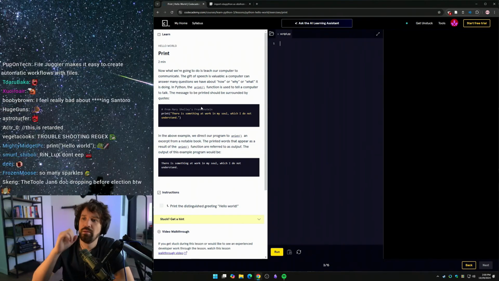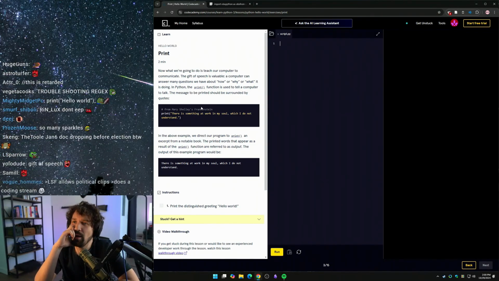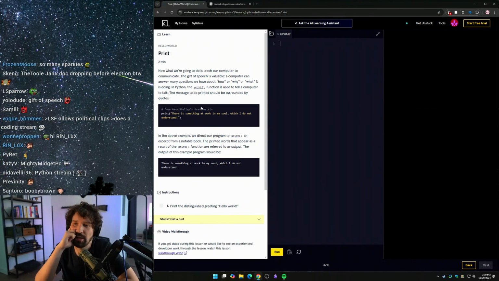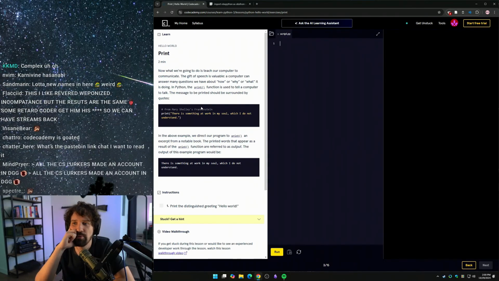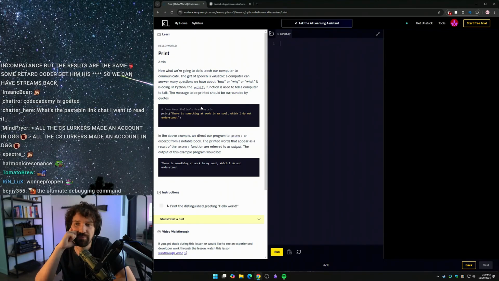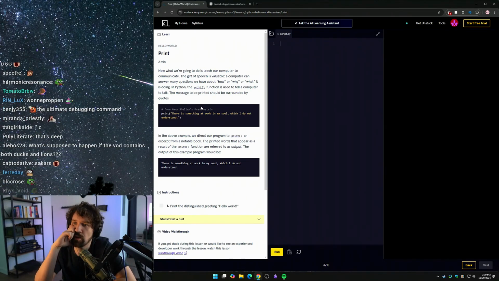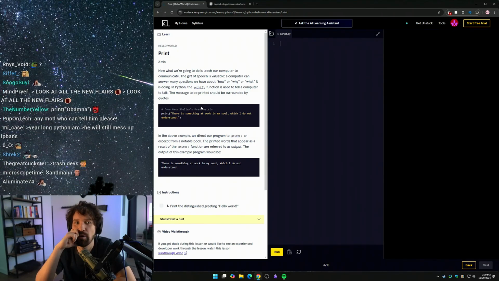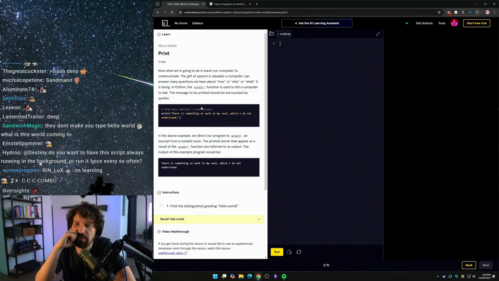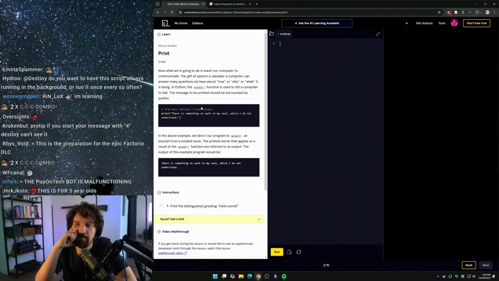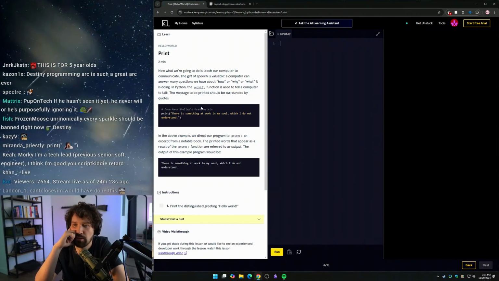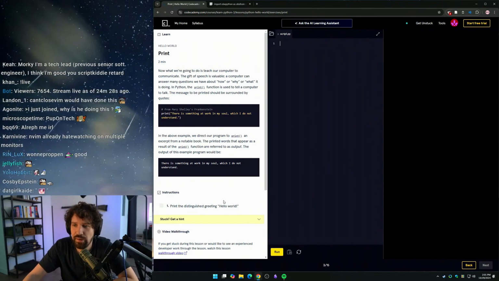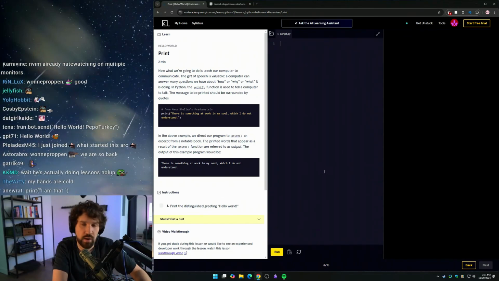Print. There is something at work in my soul which I do not understand. In the above example, we direct our program to print an excerpt from a notable book. The printed words that appear as a result of the print function are referred to as output. The output of this example program would be, there is something at work in my soul which I do not understand. Instructions. Print the distinguished greeting, hello world. Print